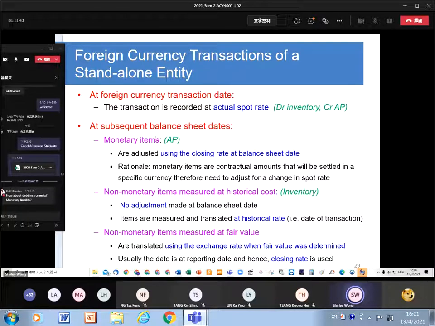So bear in mind, monetary item, non-monetary item measured at fair value, we also need to use a closing rate to recalculate it again at the balance sheet day. But it is not for non-monetary item measured at historical cost. 咁即係話咧，如果佢係界定為monetary item 咧喺 year-end day 如果未 settle 嘅，我哋要再揾 year-end day 嘅 closing rate 幫佢 retranslate 一次，因為佢係一個 foreign currency transaction。如果佢係 non-monetary